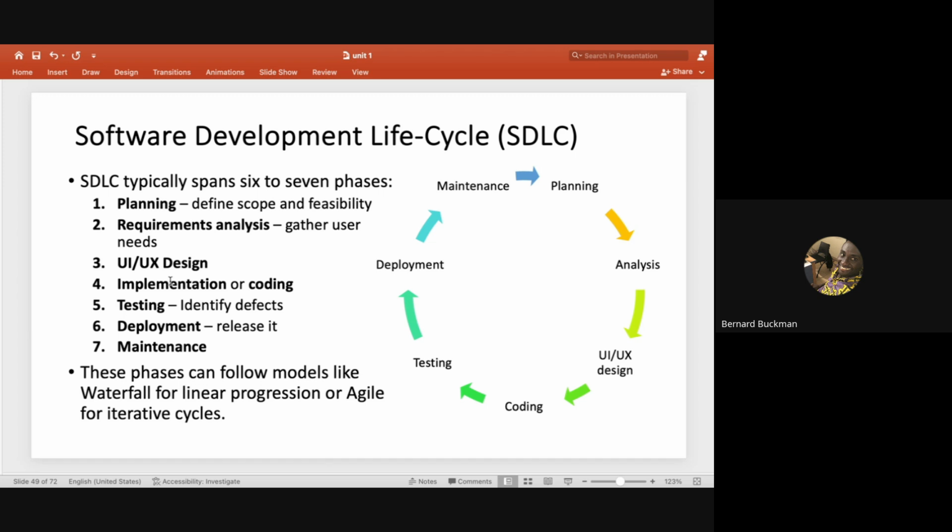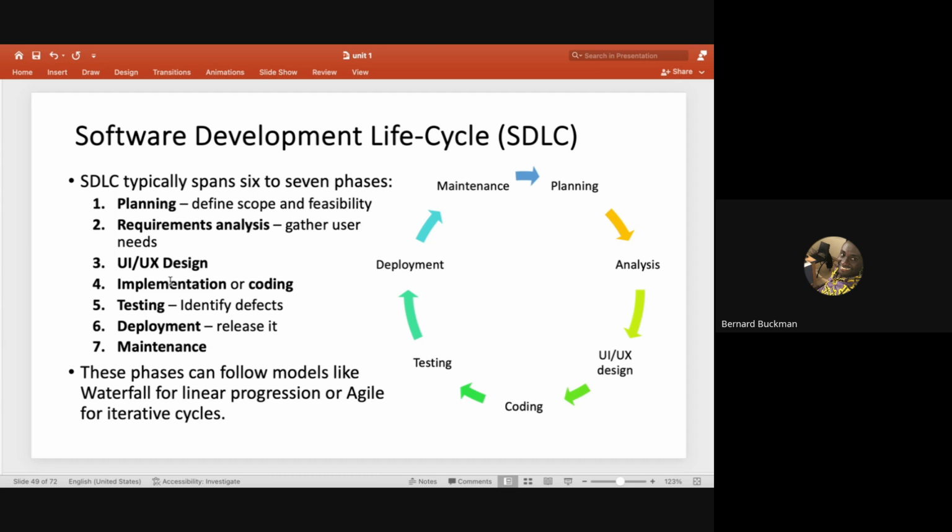And then after implementing, or during implementation, we do what we call testing. Testing identifies problems. In software design, we call those problems defects. Then deployment is when we have finished building and we give it to the client. We release the software to the client so that the client can use it. And then as the client is using it, occasionally we will maintain the software. We'll send them updates. We'll change the way the thing is working. We'll move things here and there just to make sure that they have a lovable and an enjoyable experience. So this is a software development life cycle. It's a cycle because it all comes back to the same place. It goes round and comes back, goes round and comes back.